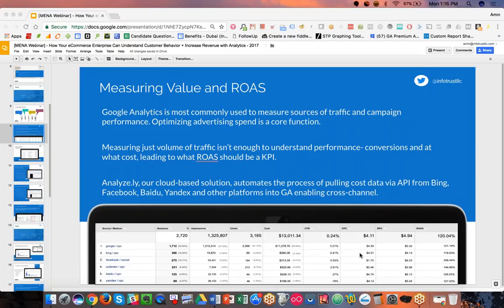So in Google Analytics, there is capability specifically to show not only volume of traffic and seeing how users are coming and arriving on the site, but at what cost and how they're engaging. So what I want to show here is an example of measuring return on advertising spend. And I have a case study that I'll show later on that we published with Google about one of our clients that used this KPI, this metric, to really drive their business. But when we work with organizations in retail or e-commerce, we recommend using return on advertising spend as one of their main focuses.